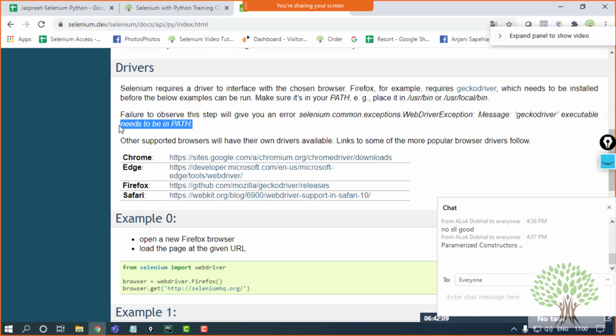How to resolve it? It's simply written over here that to open up any browser, you need to have the driver required to open those browsers. Like for Chrome, you need to get Chrome driver into your system. For Firefox, you need to get Gecko driver into your system. These are the drivers provided by the browser providers themselves. You just need to download them into your system and keep them at a location. No need to run them. Nothing is going to open by running them. So you just need to download them. We will see how to get these drivers into our system.